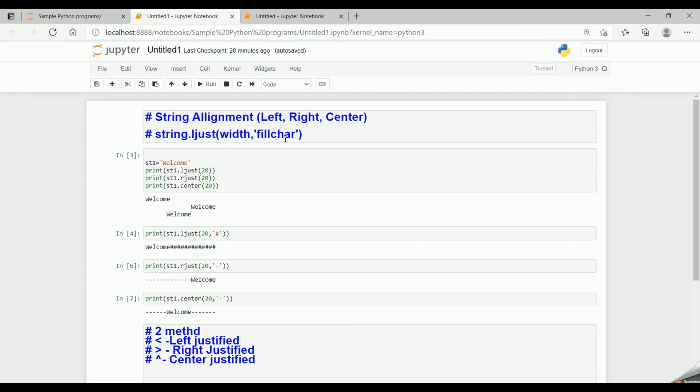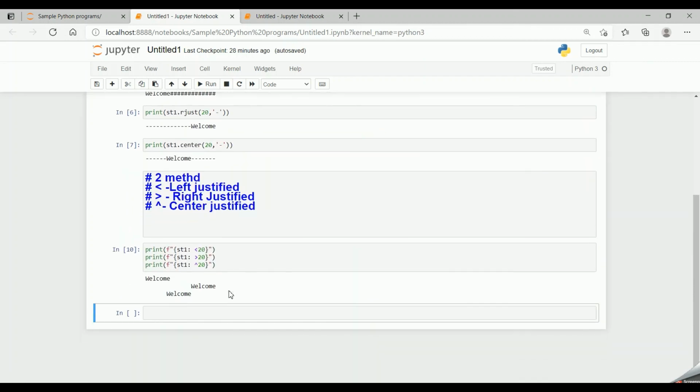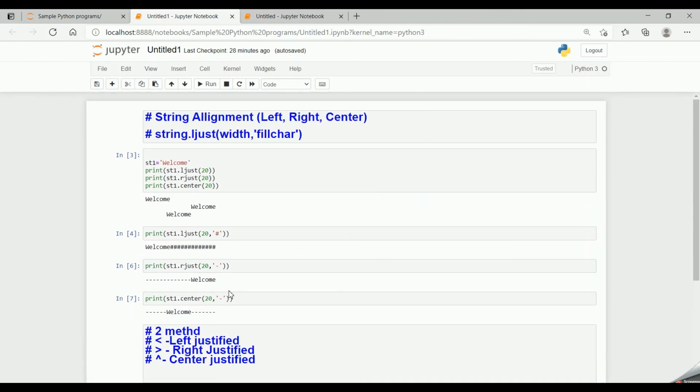If the fill character is not specified, then spaces will be used for filling. If the fill character is specified, that particular character will be used for padding. So these were the different ways in which we can align a string.